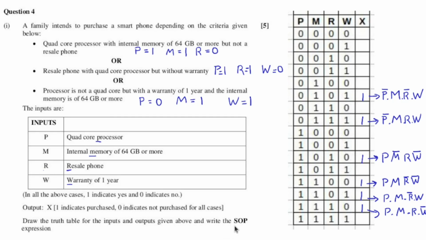So the final answer is supposed to be an SOP expression where SOP means sum of products. We have already got the products. Now we have to combine them by getting the sum of these terms. So we'll say that